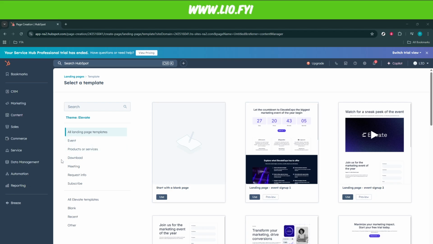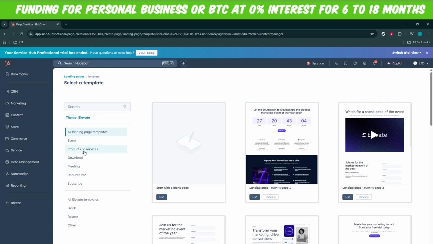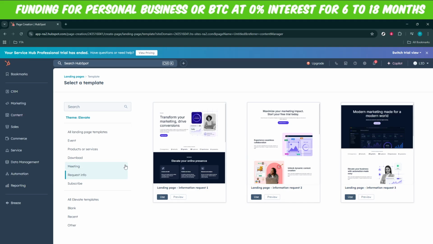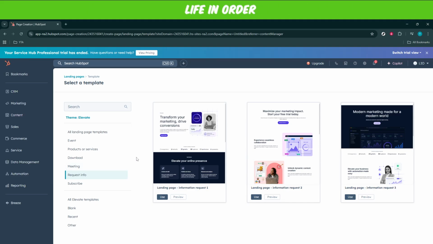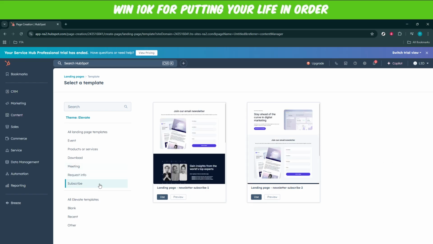clients or team members. If the goal is to gather additional information from visitors, go ahead and click on Request Info. This template is designed to facilitate easy form submissions, collecting data seamlessly from users. Finally, for those who need a subscription-based template, click on Subscribe. This ensures that you have the necessary elements for people to sign up easily, whether for newsletters, updates, or exclusive